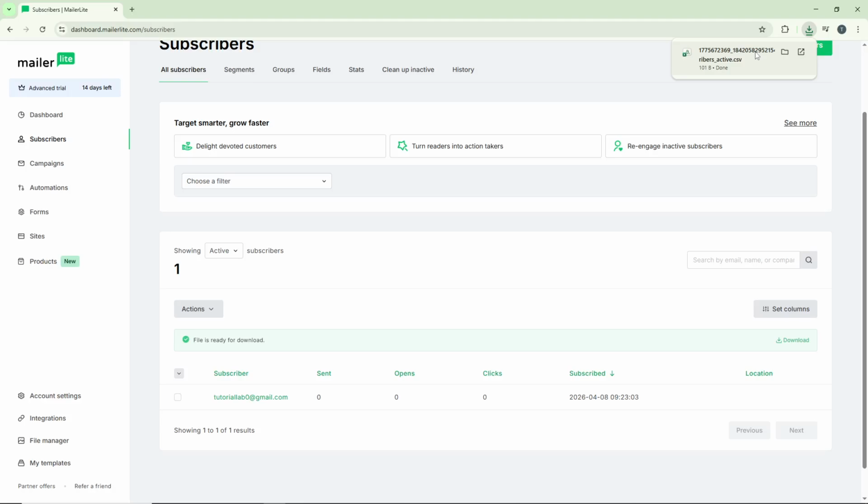And that's it. You've successfully exported your subscribers from MailerLite. You now have a complete backup of your subscriber list that you can use for analysis, safekeeping, or integration with other